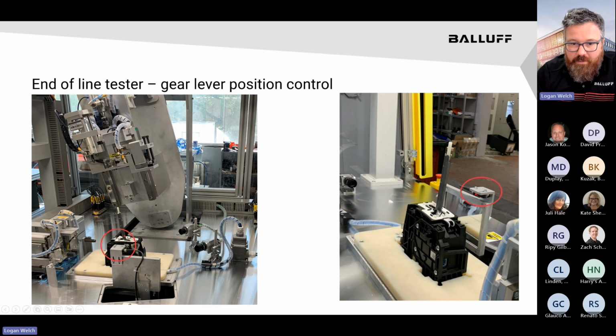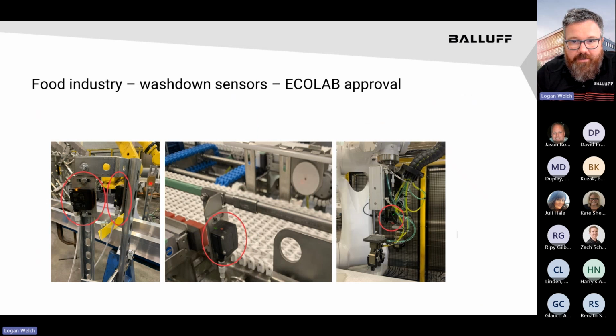So food industry, again, a lot of our sensors are Ecolab approved. They can get on your production floor, no problem with the environment. Just be aware of that. And again, with photoelectrics, it gets up out of the way. We don't touch anything. We're not designed to touch anything. If something is touching it, it's not mounted correctly, but we're good for the environment when it comes to wash